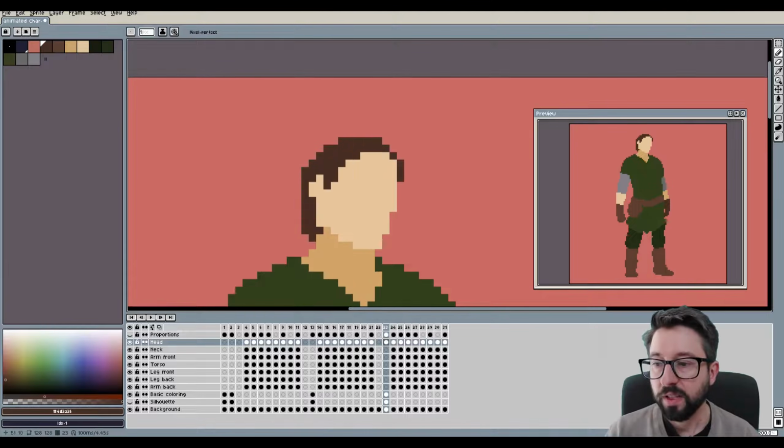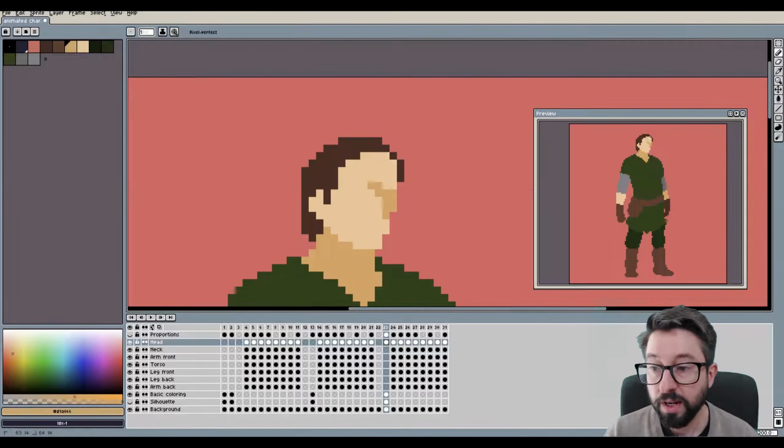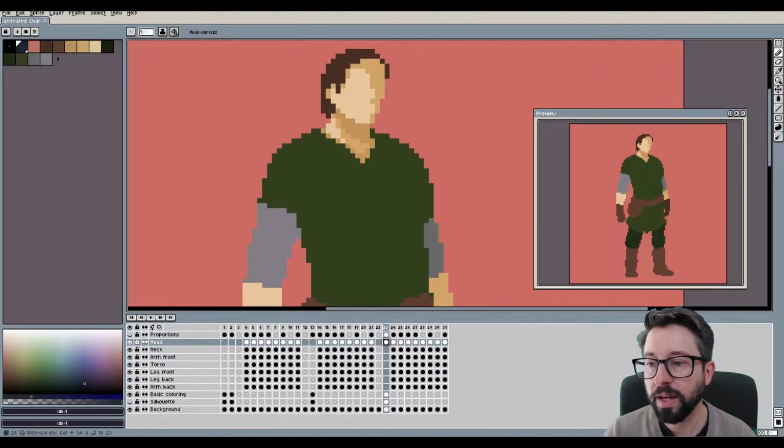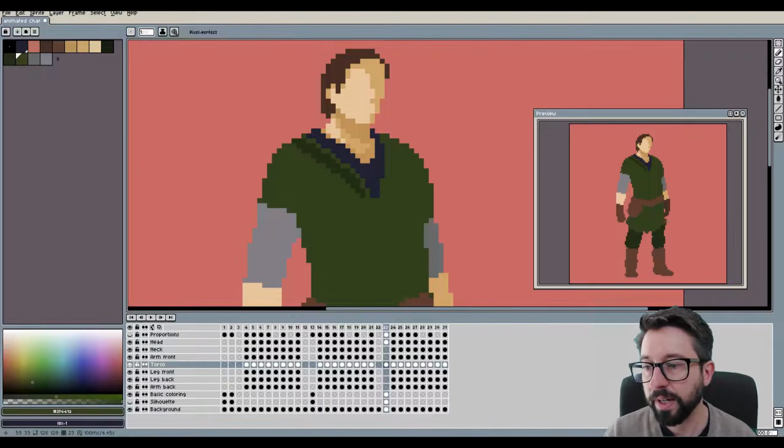So once those details were done, it was time to do some shading. As you can see, I was creating my color palette on the fly, so whenever I needed a darker or lighter tone of the existing colors, I just created them on the spot.